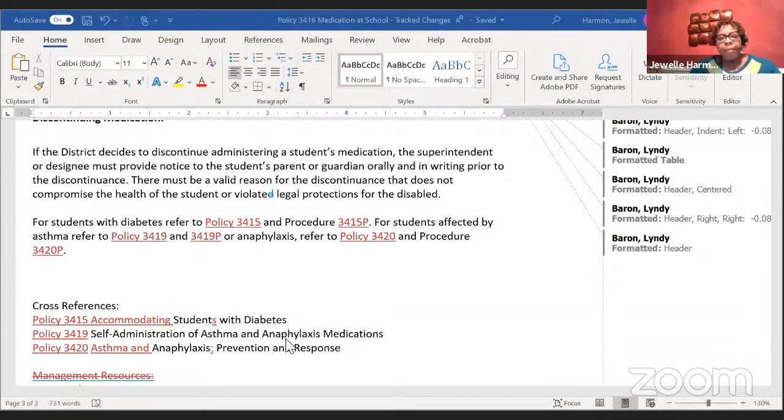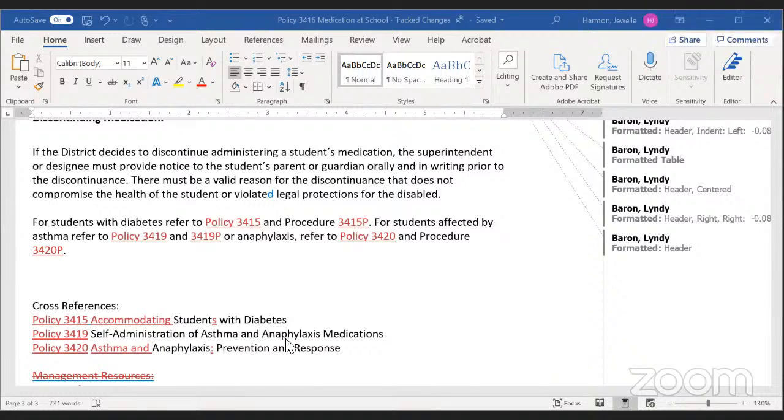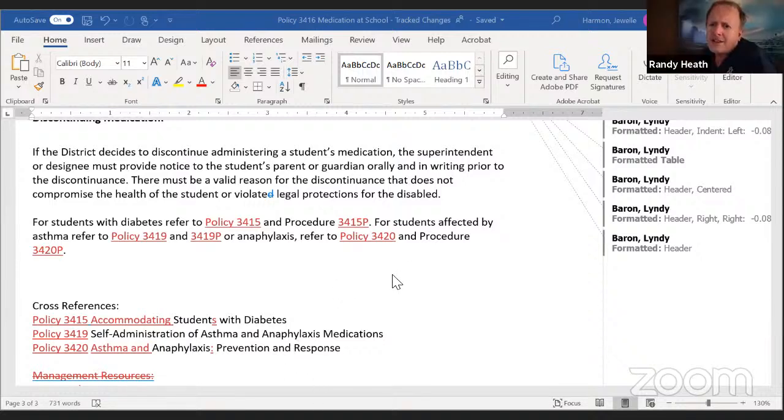I will say OSPI's medication policy, their last update is 2015. And I think, Lindy, you said that they are working on looking at all their medicine policies. The only reason this one is coming out of cycle is we caught this error that should have been taken care of in 2018 and for whatever reason did not get taken care of. And in order to really serve our students best as they're coming back to school, we felt like we needed to try to get this settled as quickly as possible, which is why we.